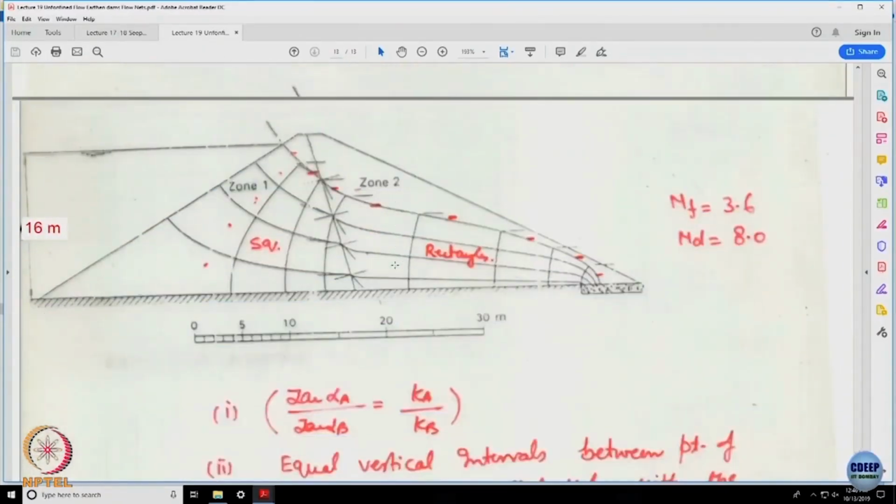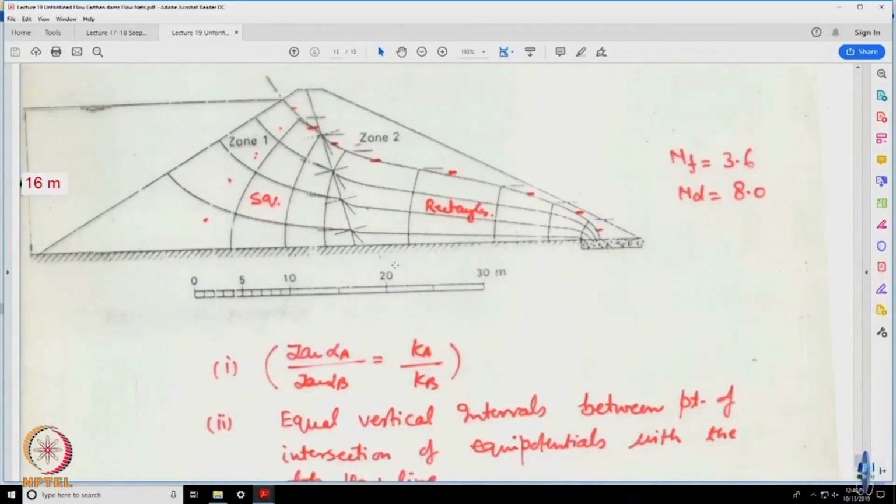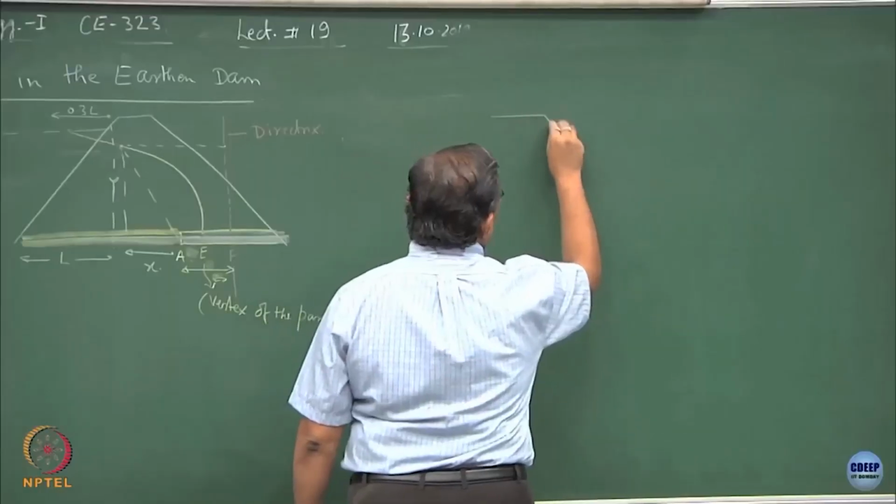The last thing which I want to discuss regarding the unconfined flow is, most of the time we come across situations where we have different zones in the embankments. So, suppose I want to reduce the seepage which is taking place through the body of the dam. So, there are two ways. One I did is by maximizing the H value and getting the value of Q, which is the inverse process. Another better way would be, if I design, let us say, a core of an impervious